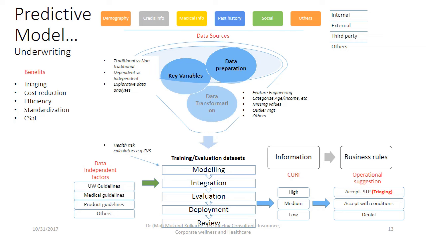But the companies who are confident enough, with sufficient experience of managing predictive models in underwriting, with extensive data and guidelines getting integrated in a dynamic way, they can expand the scope even to taking underwriting decisions for those cases where the scores are less than high, like medium, I would say, and low is pretty easy, because these are very clear cut